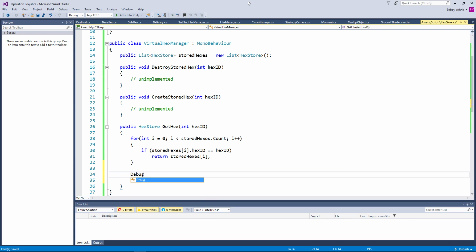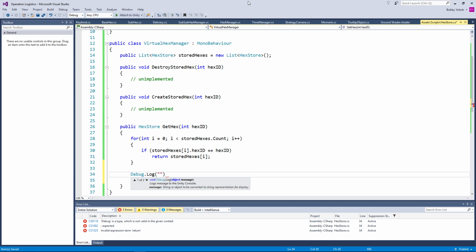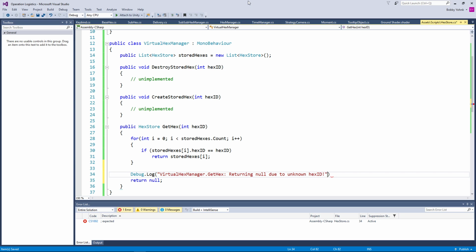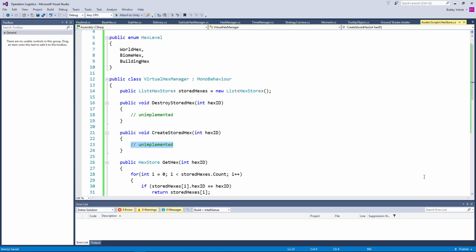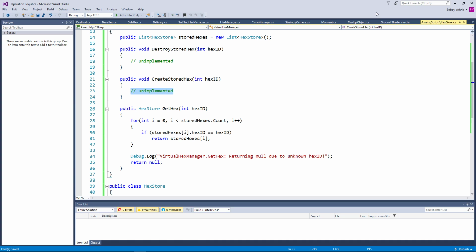We can do debug.log, and that would be something along the lines of virtual hex manager.getHex, and it would be returning null due to unknown hex ID. There we go. And then as far as create stored hex goes, all we would do probably is something along the lines of,